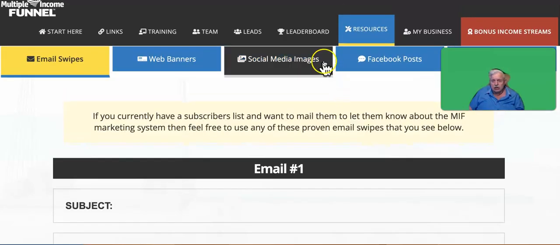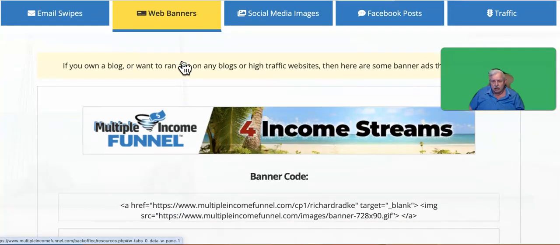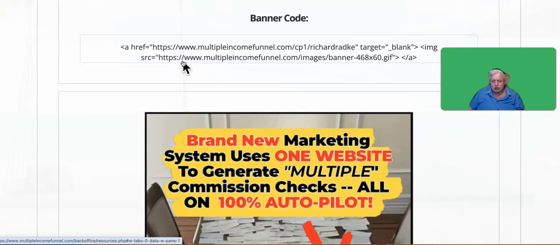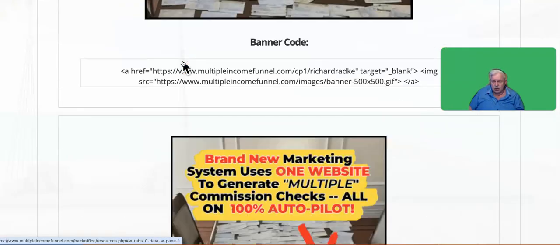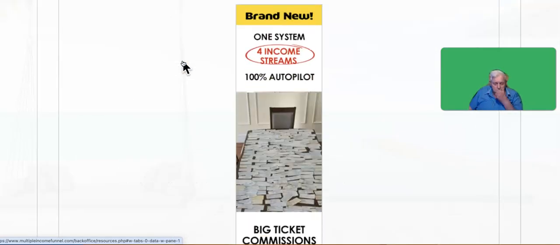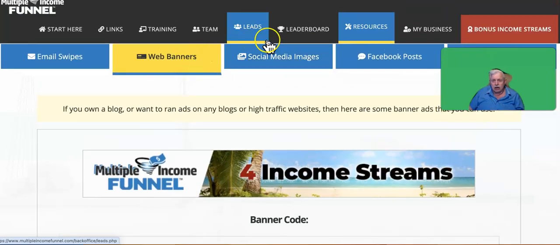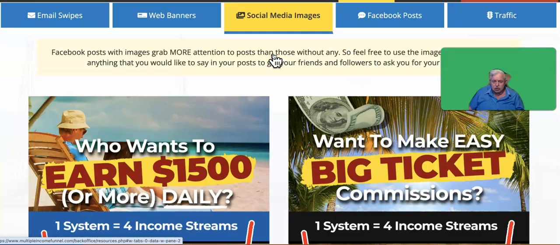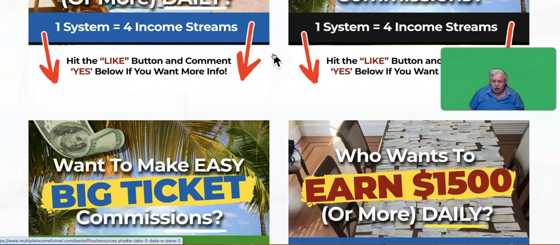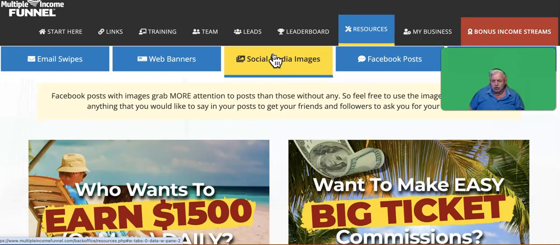Then you go back into the system again, and it shows you some more resources. First of all, for advertising, look at all the banners you get here to advertise with. I use more than one depending where I'm sending to. You can use one or as many as you want. It's entirely up to you. Then you go back into the system again, and you see all the social images you can use for your social advertising. So these are really great benefits to help you with your advertising.